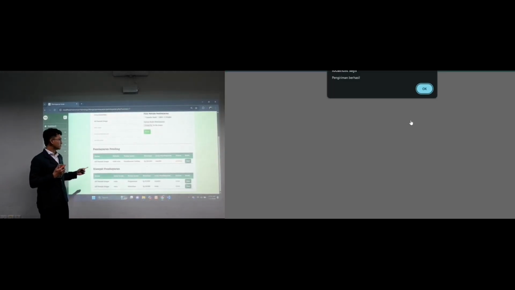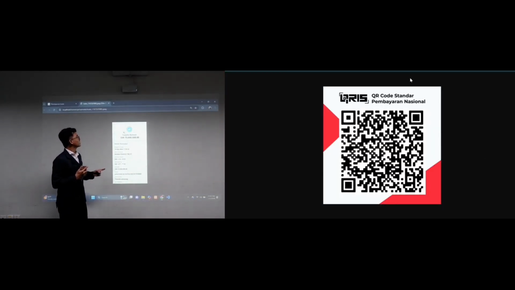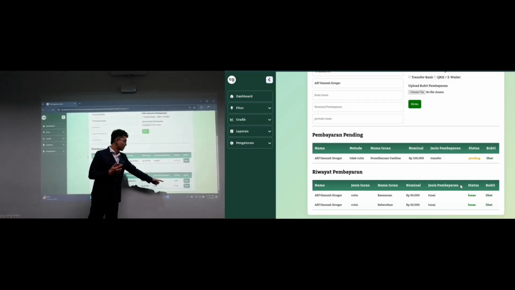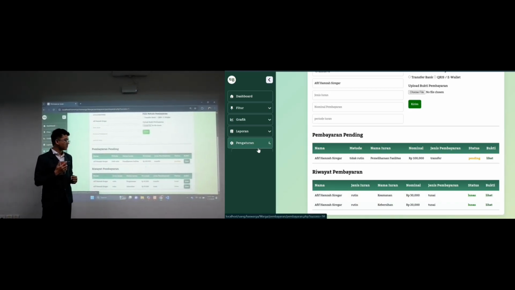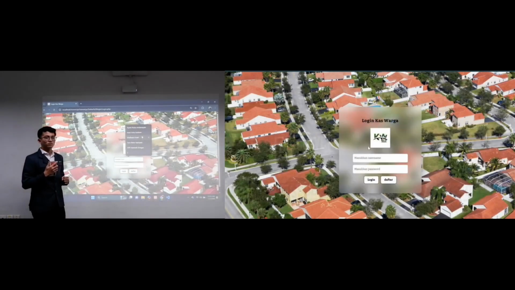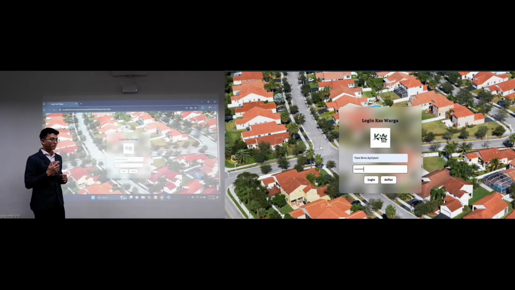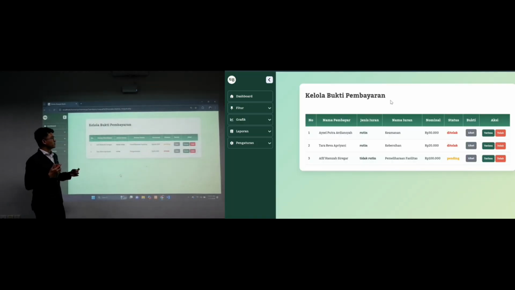The result is listed here, and then you can see the proof. The status is pending. Next is the POV of the secretary, and the next feature is verification of the proof of payment.